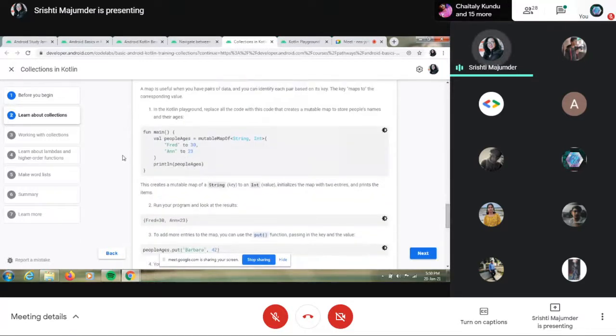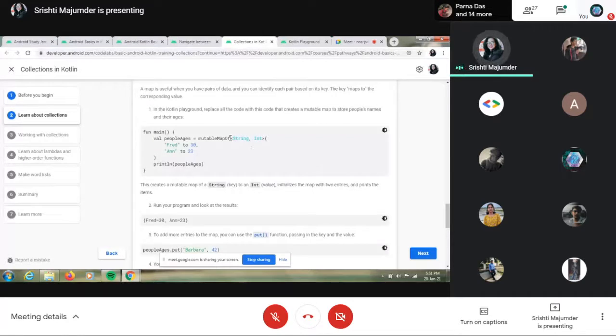What is the way of writing it? You will declare a variable, peopleAges, and write mutable map. As I mentioned earlier, you cannot only use a set or any immutable set, because those are not alterable. So in order to do mapping, we apply the word mutable map of String comma Int.